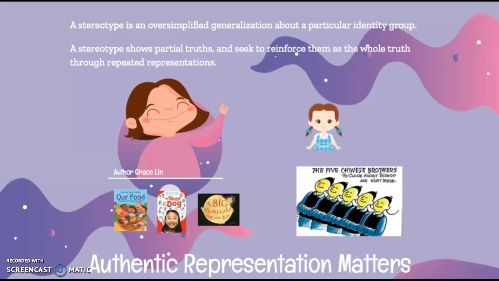Have you ever felt horrified by your reflection in a mirror? Asks Lin. Because, she says, that is how she felt every time she was reminded of her ethnicity. The problem with stereotypes like the one in the Five Brothers story is that they show partial truths and seek to reinforce them as the whole truth through repeated representation, says Professor Kai, author of Multicultural Representation and Literature for Children and Young Adults. The devastating effect it had on a young child to see her culture thus represented through such ludicrously comical and extremely hurtful images is unforgivable.